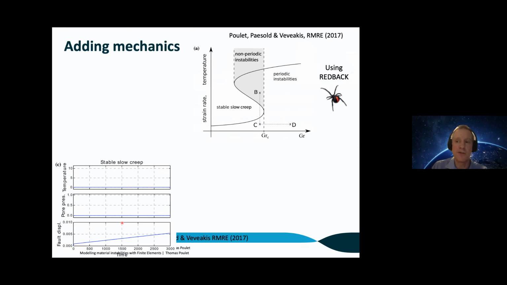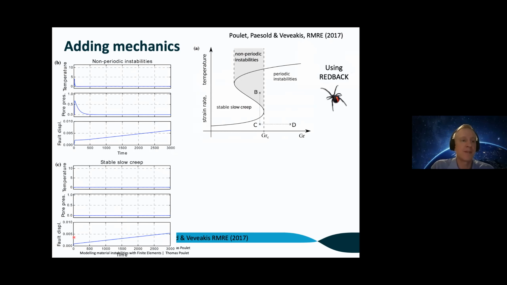So for some values of the parameter space, you can have the temperature remaining constant over time, the pore pressure as well, and therefore the fault displacement that increases continuously, slowly with time. For some other values of the parameter space, we can have this one-off event with this shoot in temperature and in pore pressure, diffusing back at different time scales. And after that, which leads to a jump in the fault instantaneously at the beginning,